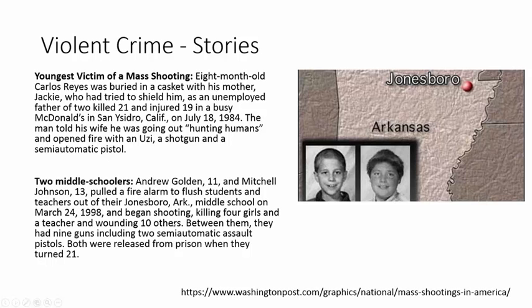So 10 people were wounded, 4 girls had died, and I think it says between them they had 9 guns, including 2 semi-automatic pistols. I'm not sure what constitutes an assault pistol, but anyways, both of these children were recently released when they turned